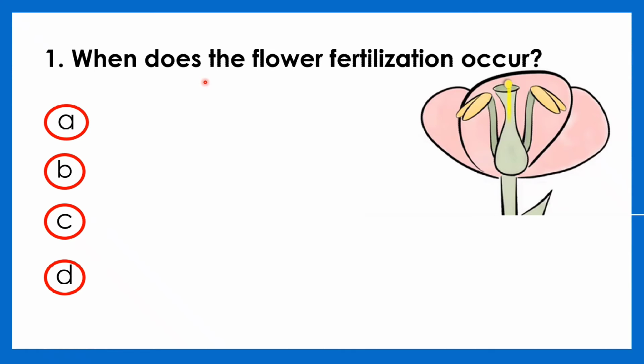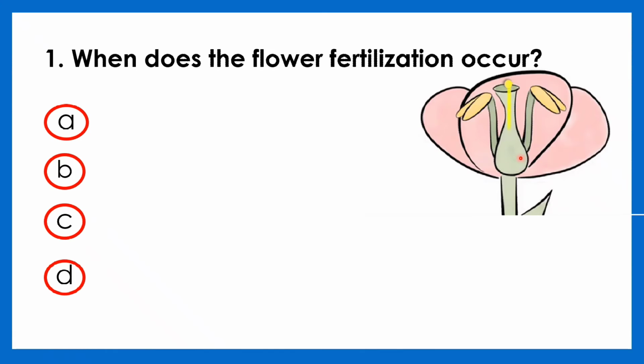Okay, for number 1, when does the flower fertilization occur? When do you think? If this is the flower, so if this is the pollen grain, it will stick to the stigma and then pass through the style. Try to imagine that the flower first has to be pollinated, and then after that